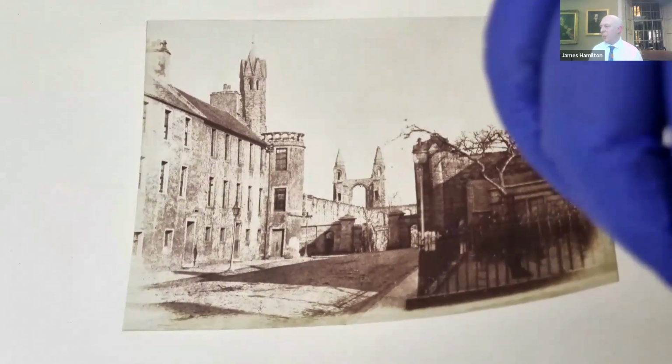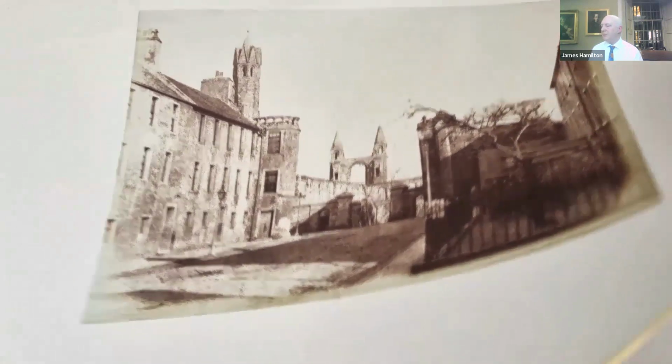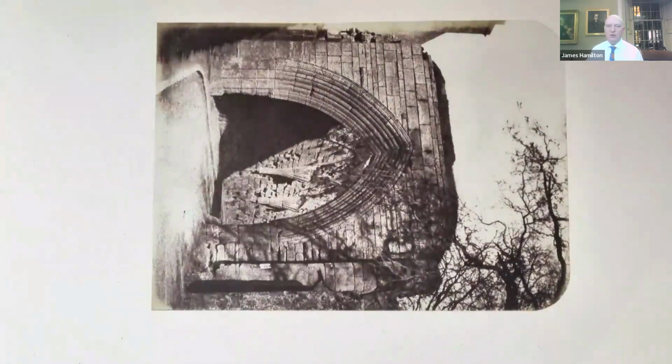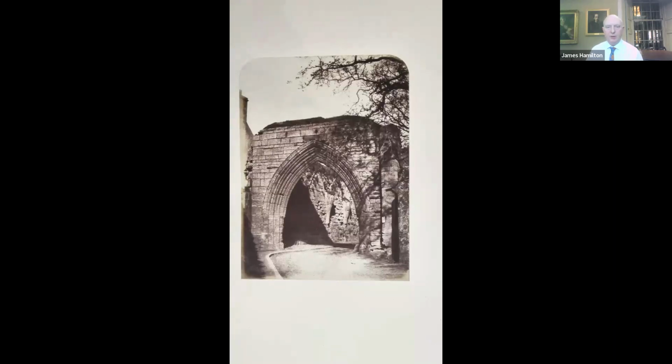The first of which, this is again a pair of images. Well, let me just reorientate this. There we are. This is what's called the Pends. It's the ceremonial entrance to St Andrews Cathedral, and it was a favourite subject for the St Andrews photographers as